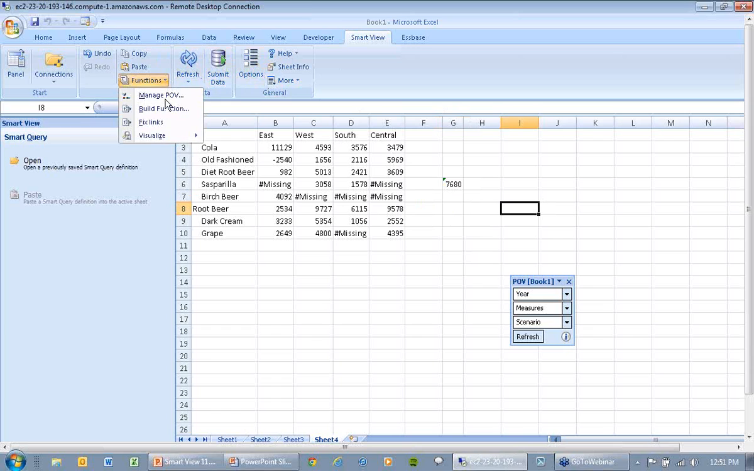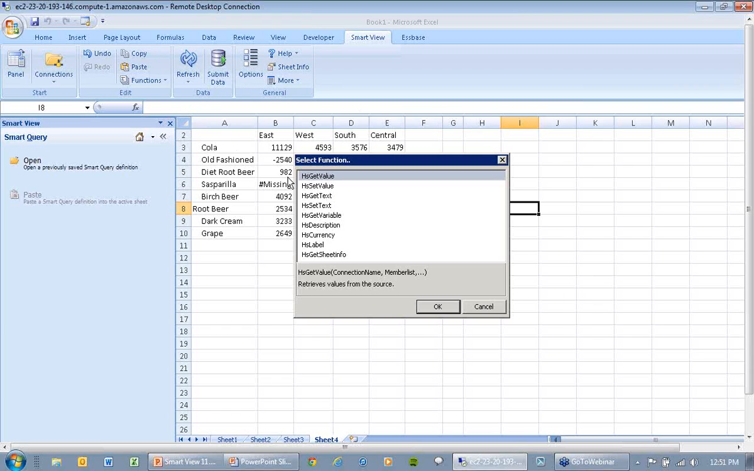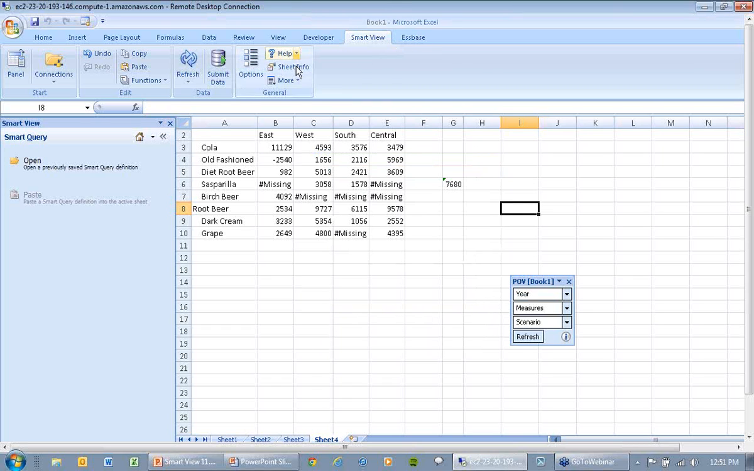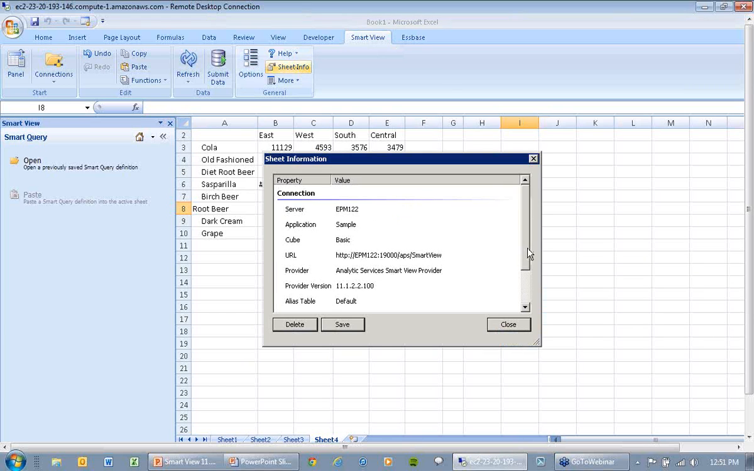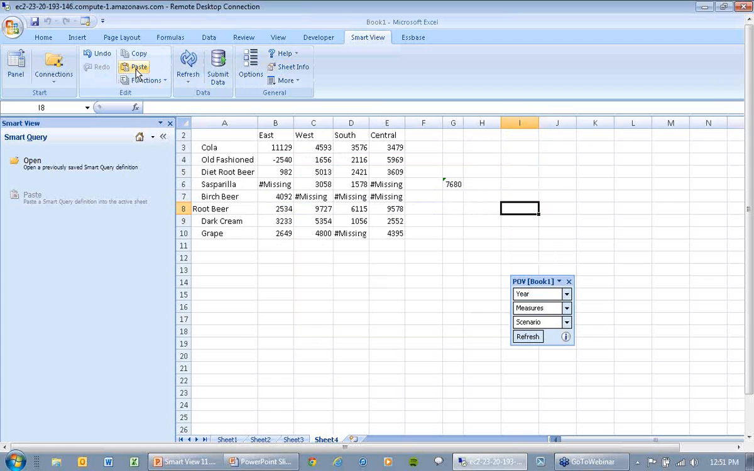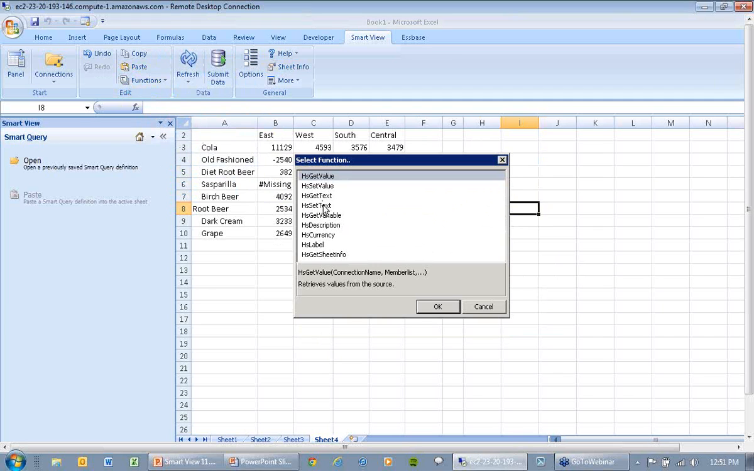If we want to look at a newer one of those functions, there's one called HSGetSheetInfo, and this is where I made my mistake earlier here. There is a command called SheetInfo, which shows me a bunch of information about this sheet. And if I want to find some information about this sheet and put it in a cell, I can go to Functions, Build Functions,